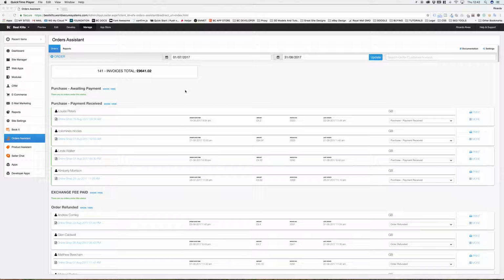Today I'd like to introduce you to the new Orders Assistant. This is a beta version of this app and currently not available in the App Store. But this app is a promising app. We're waiting here for some API to release the full end API connectivity with all the resources